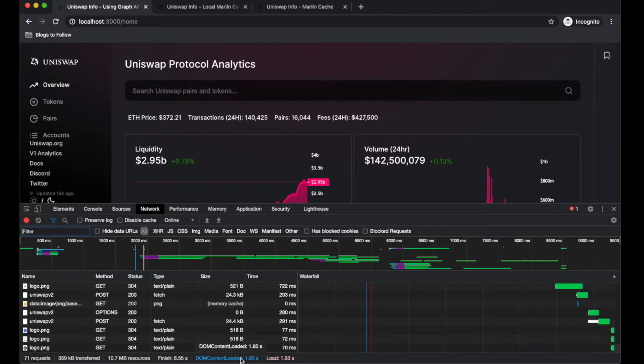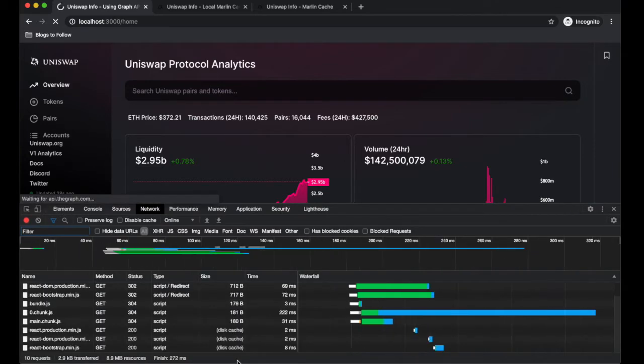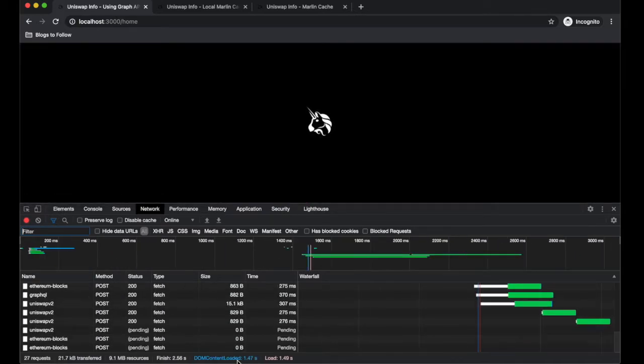So basically, for the page to load, it required around 1.8 seconds. So the net comes around 6.7 seconds for the page to actually load. So let's reload it a few times to ensure that this is consistent.